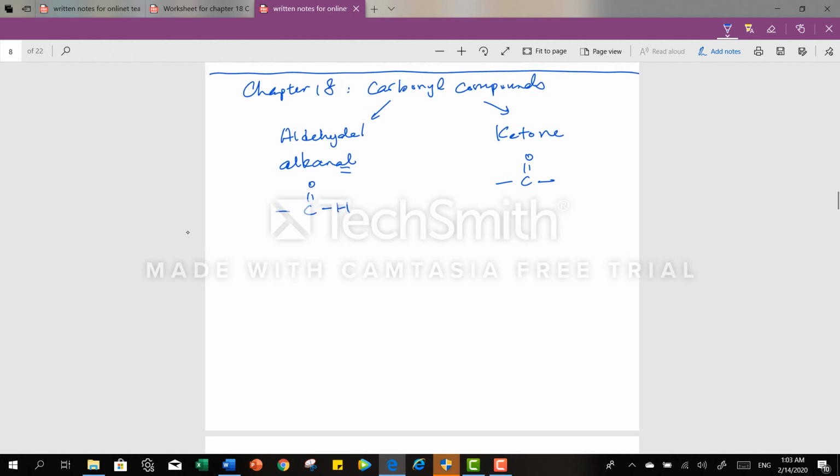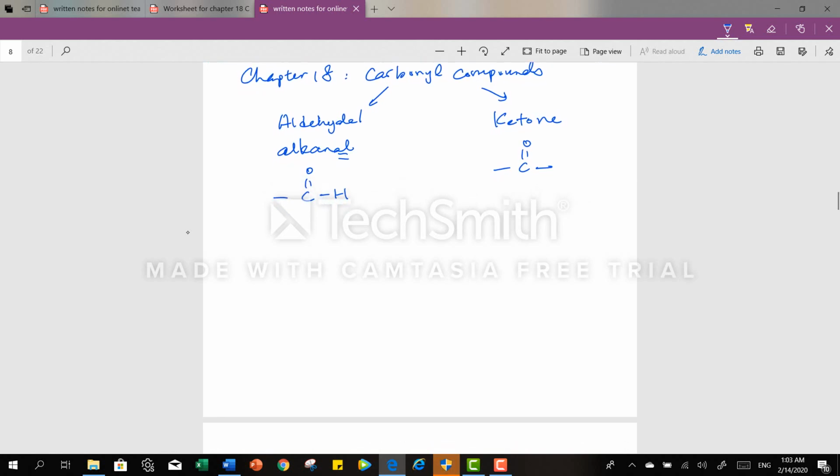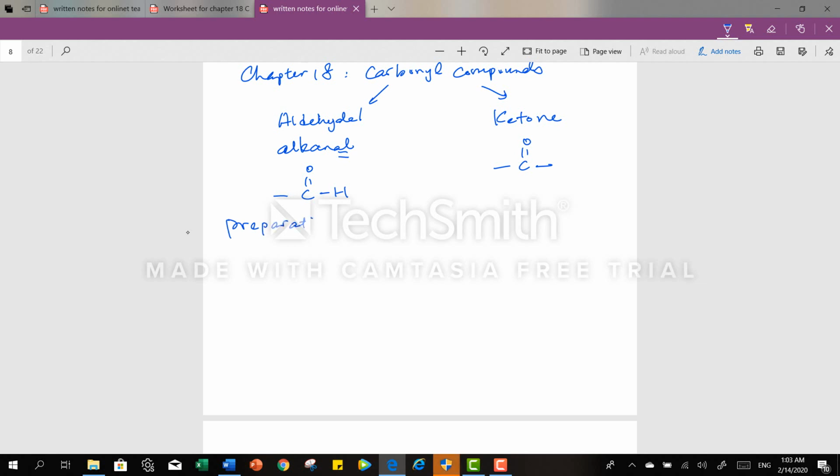Now, when we learn a homologous series of organic compounds, we will talk about the preparation first. Preparation. That means how do we get this in the laboratory? Now for aldehyde, I bet you already know it. It's from the oxidation of primary alcohol, right? Because we know that when alcohol is oxidized,